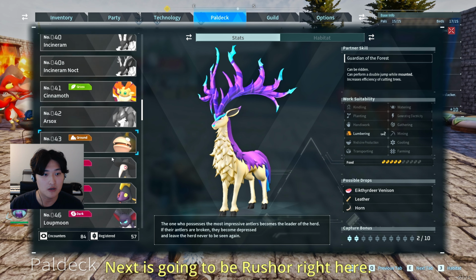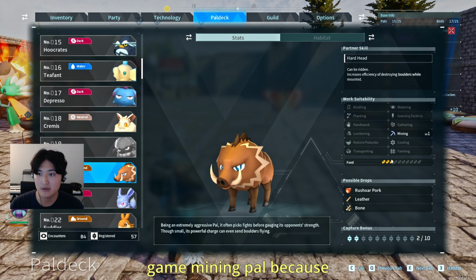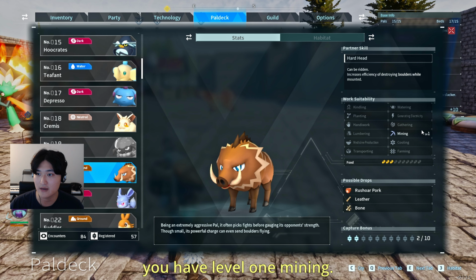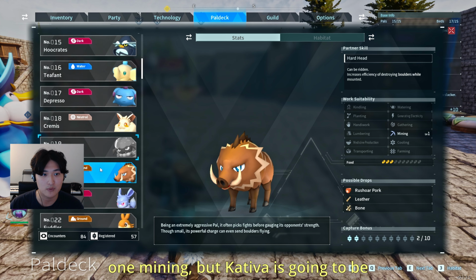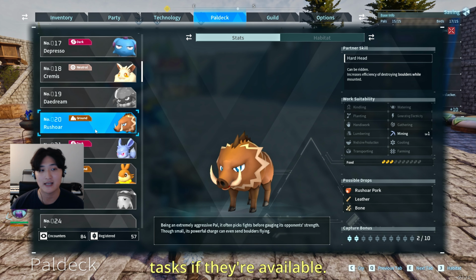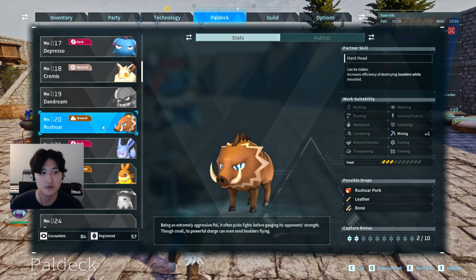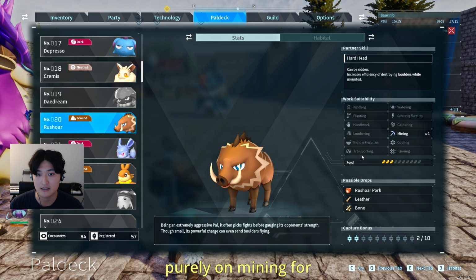Next is going to be Rushoar. Right here, this is going to be a pretty good early game mining Pal because you have level 1 mining, and I know that the Cattiva also has level 1 mining, but Cattiva is going to be kind of distracted doing all the other tasks if they're available, whereas Rushoar can be there to just focus purely on mining